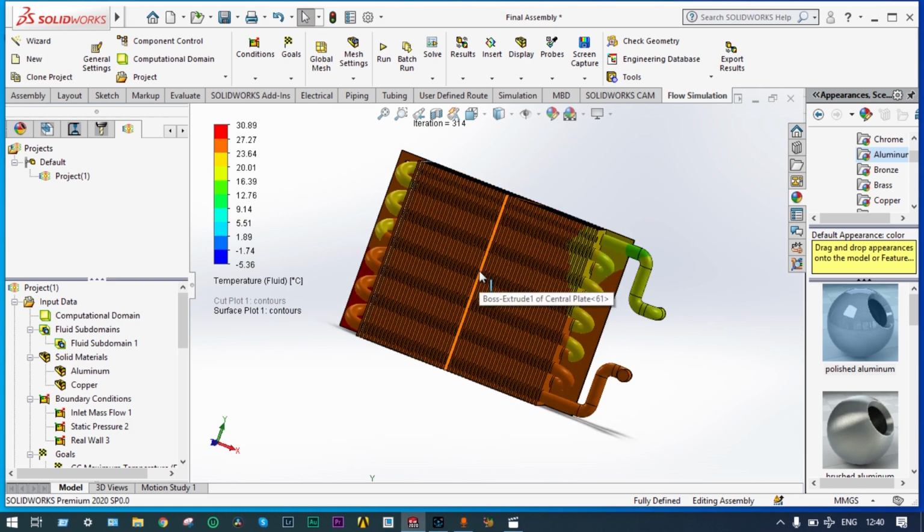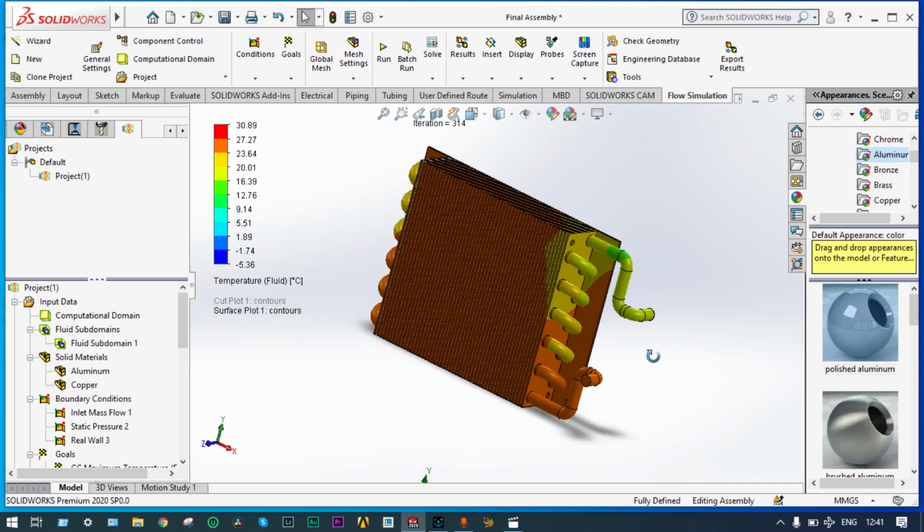So across the fins you can see the temperature is in the range of 23 to 27 degrees centigrade, and the freon gas while passing through its covered tubes, its temperature is in the range of yellow, that means in the range of 20 to 23 degrees centigrade, and at the exit end its temperature is in the range of 23 to 27 degrees centigrade. Okay,